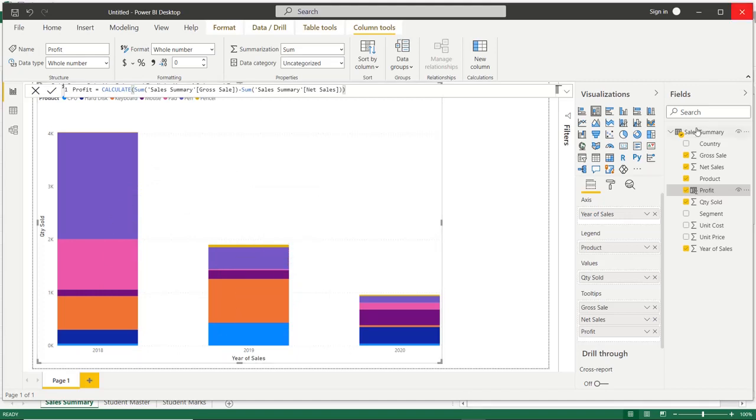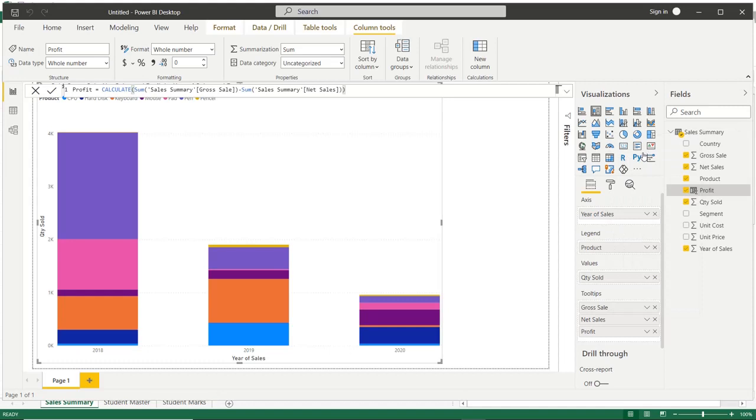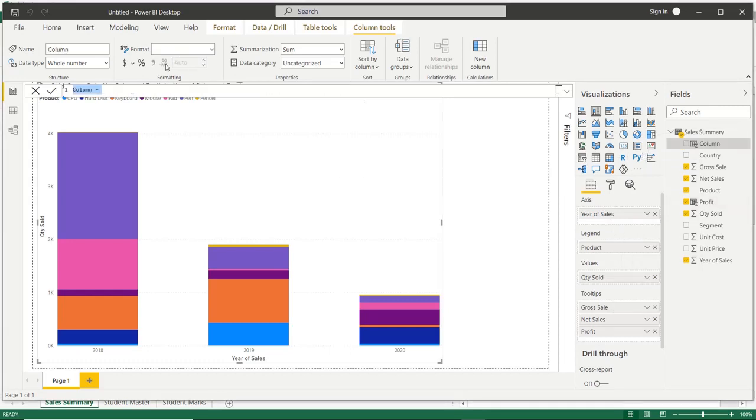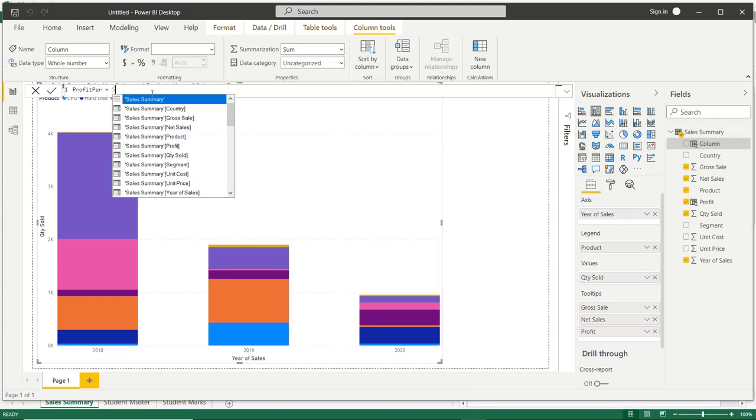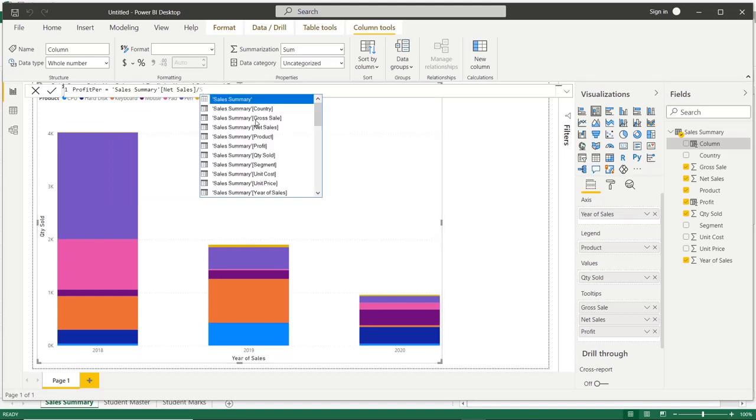Profit percentage, another column, say new column, and name it profit percentage. Then net sales divided by gross sales.